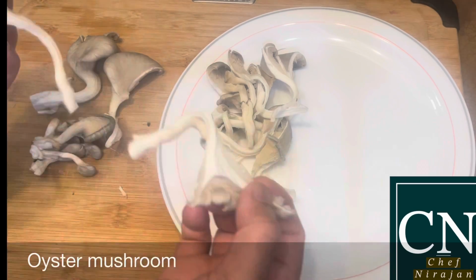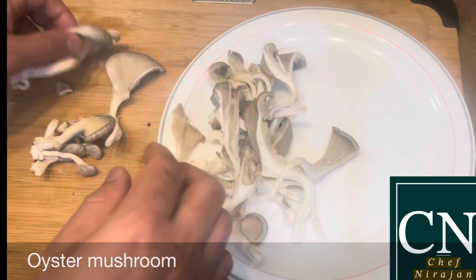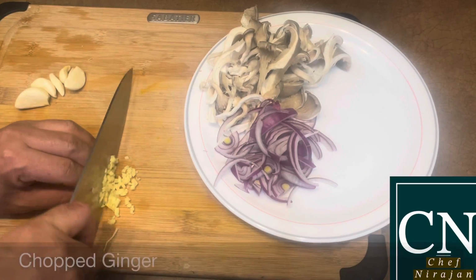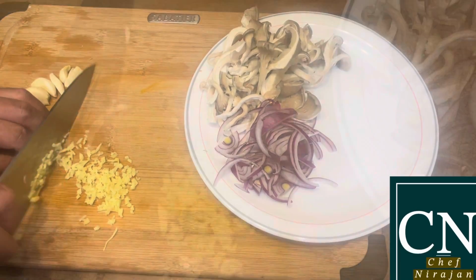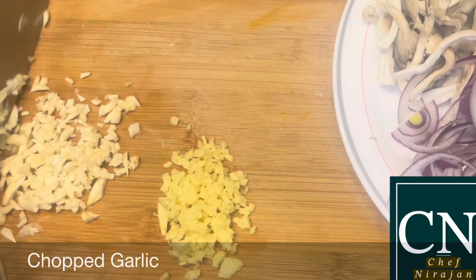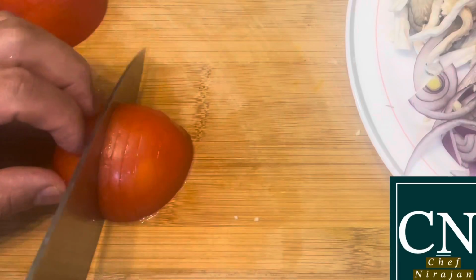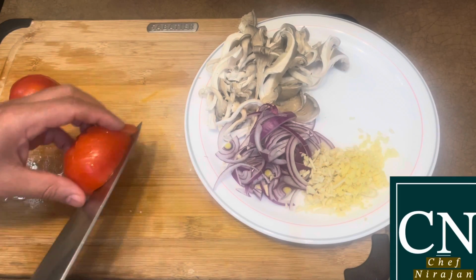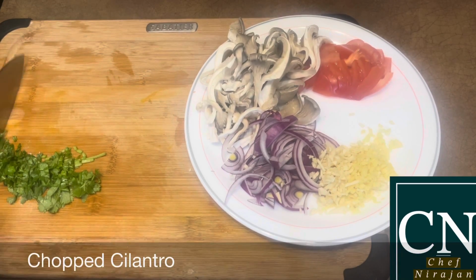I have oyster mushroom here, just washed nicely, then shredded by hand. Sliced red onion, chopped ginger, and chopped garlic as well. Sliced tomato into small pieces. Some chopped cilantro